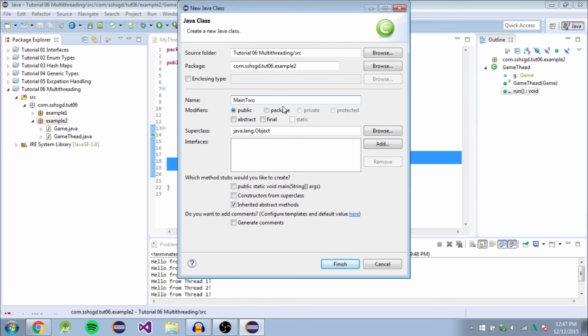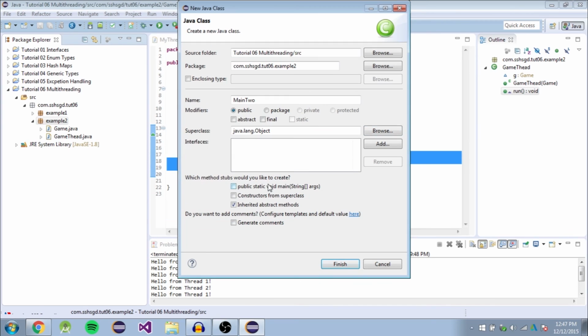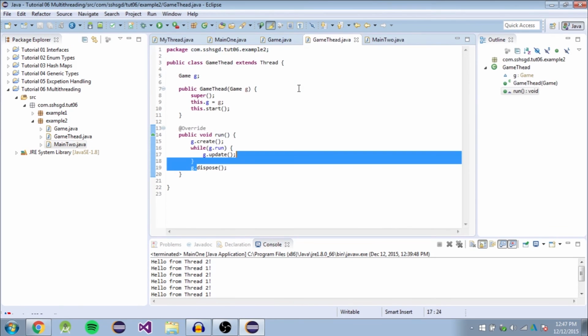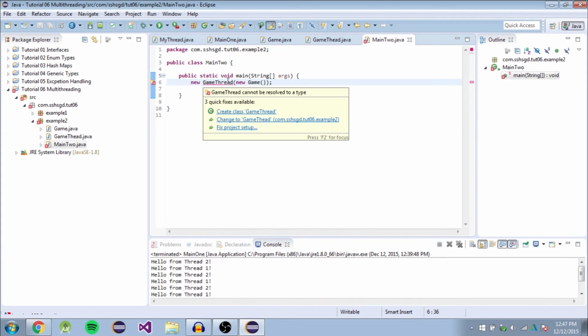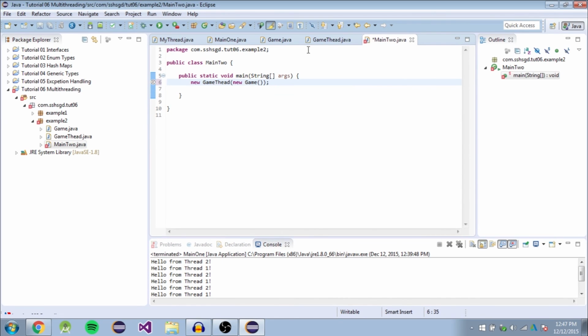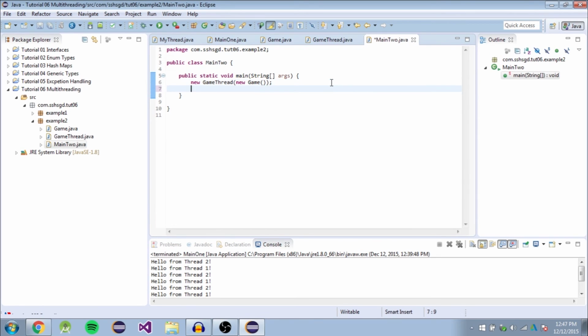main2, let's go ahead and just do it. It's not going to override or extend anything. Sorry, I just spaced out there. So new game thread, new game. All right. So, oops. Is it spelled wrong? Change to game. Oh, it's spelled wrong here. Thread. There we go. Okay, so now let's just use this out